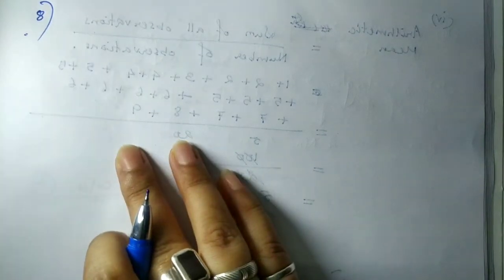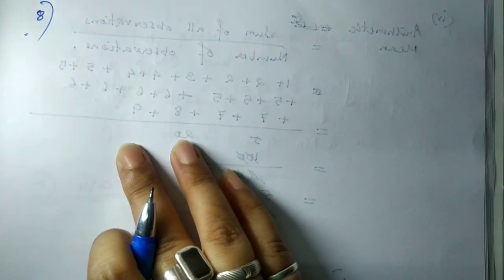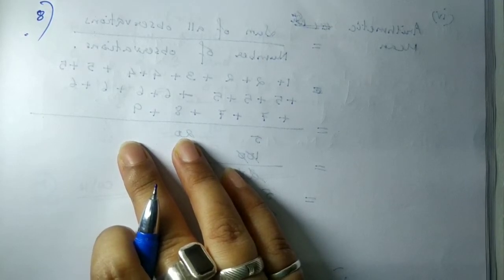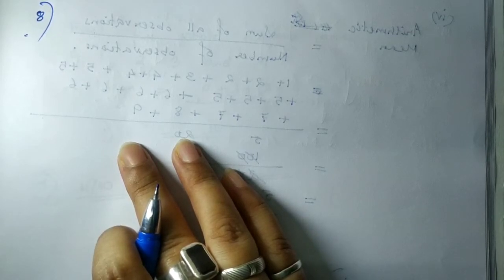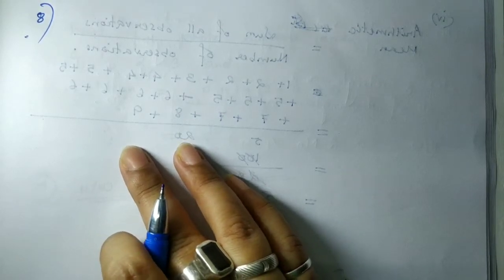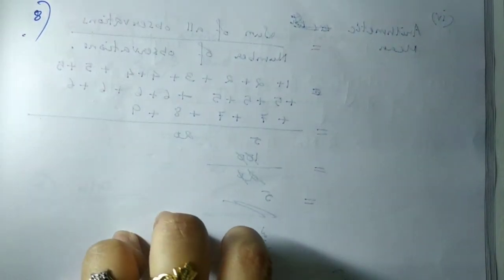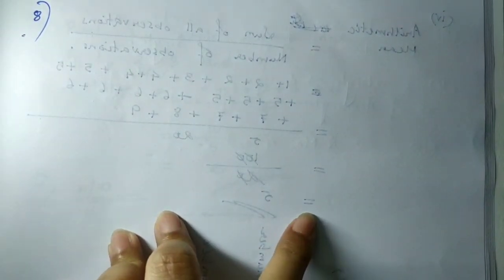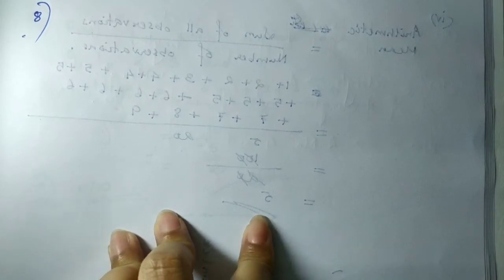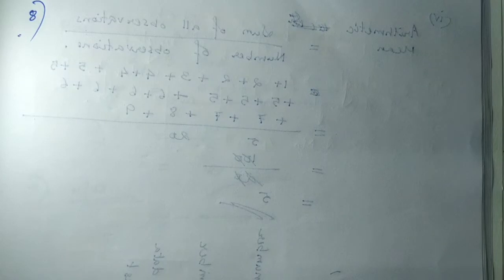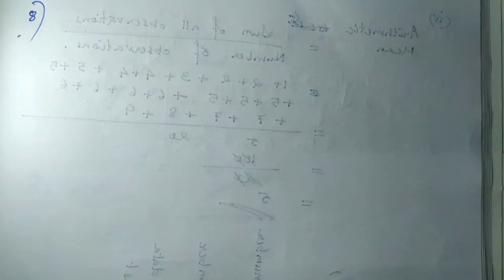As you can see in question number 8, there is a table given where the record of rainfall in mm is given for the 7 days of a week in a certain place. You have to find, 3 questions are given, find the range. If you have to find a range, please arrange the data in ascending or descending order so that you have the highest and lowest number in a proper way. Then the second one, find the mean rainfall of the week. So you know how to find the mean. And then the third one, on how many days was the rainfall less than the mean rainfall. When you find the mean, then you can see how many days have less than the mean rainfall and how many days have more than the mean rainfall.